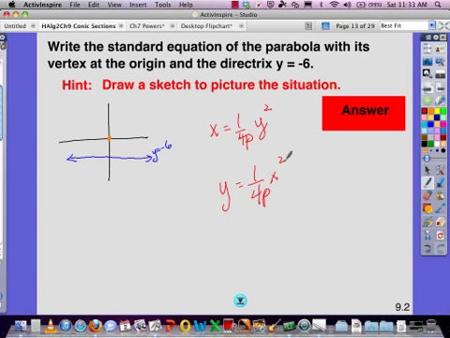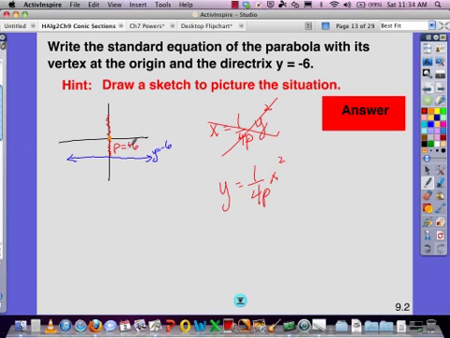So right now we know it's up or down because we have a horizontal directrix, and so with that we can eliminate that. We know we need that p-value. Actually, we have enough information for that p-value because this p-value is equidistant to our focus, which would be up there. So our p-value is actually